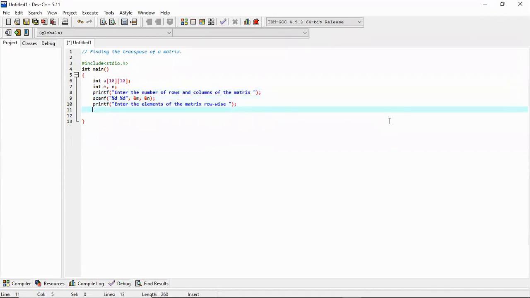So we will scanf, and we know that since it is a matrix, which means a 2D array, scanning will require two loops. So it will be an i loop which will start from 0 and will go up to the number of rows in the matrix, which is m here, and i plus plus.